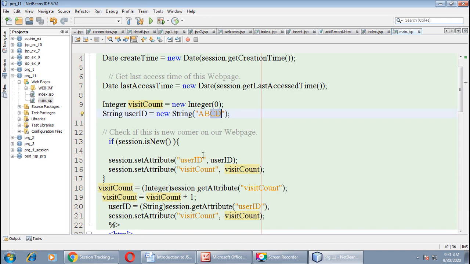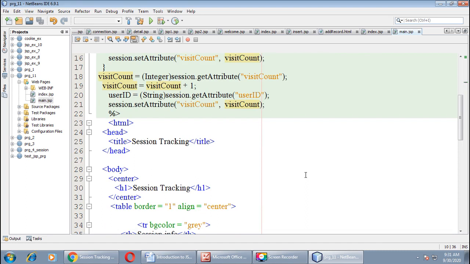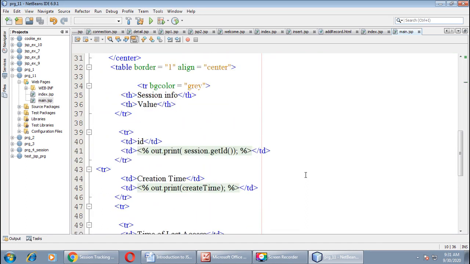The user ID for the session is ABCD. Then we found a visit count: whatever number of times we are accessing this page, we will get through the visitCount variable. Then we printed all the values.